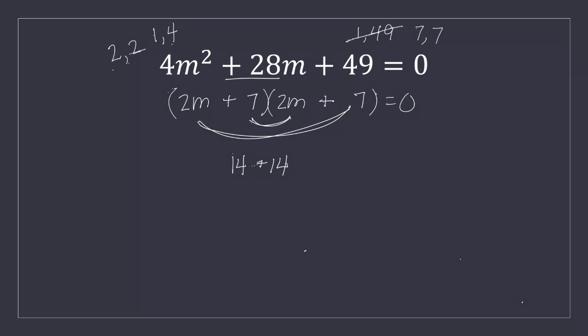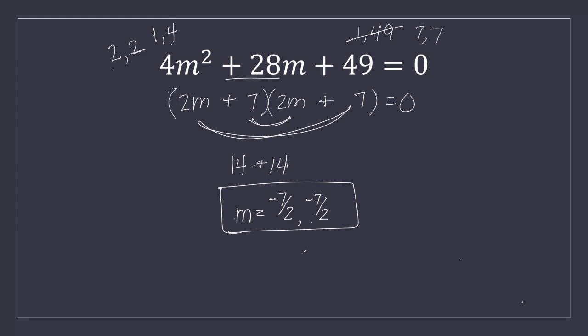I need positive. This is one of those double roots again. So I'm going to take the opposite of 7 divided by 2, which is negative 7 halves. Again, remember you can write it once. You can write it twice to designate that it's a double root. Whatever you feel like you need to do or whatever your teacher tells you you need to do is important here. Okay? So that one was a little more complicated, but because we guessed in a smart way, it actually